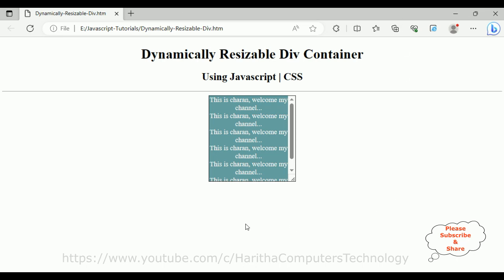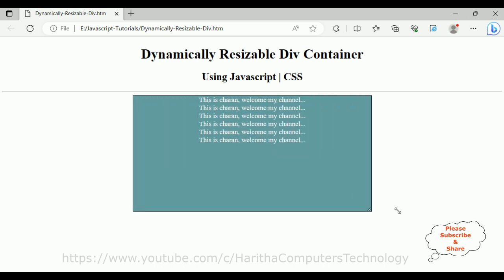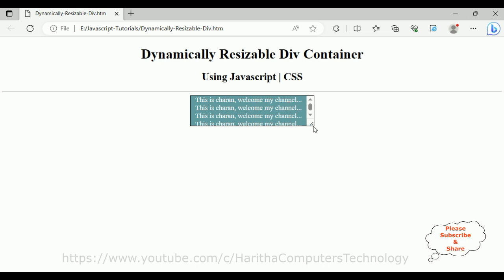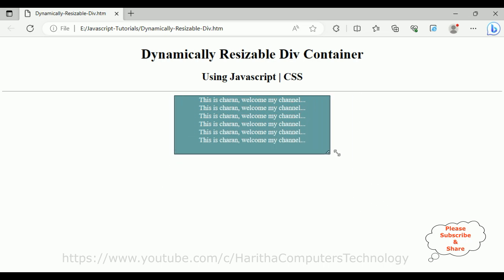And here we got the final output of our application. Notice the dynamically resizable div container. This is the default size of the div which we have added in the styles. Now when I move the mouse, notice here the mouse arrow is changing. See, I am able to resize the div. That's it. In this video tutorial I have explained how to resize a div dynamically using the mouse up, mouse down, and